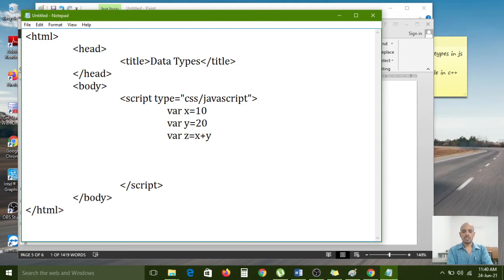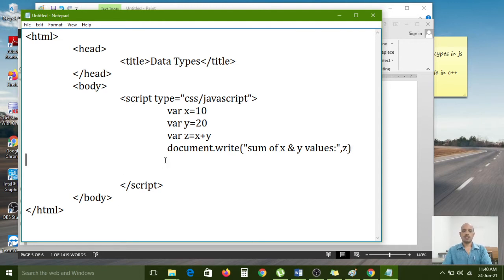Now document dot write of z, write of sum of x and y values, comma z.